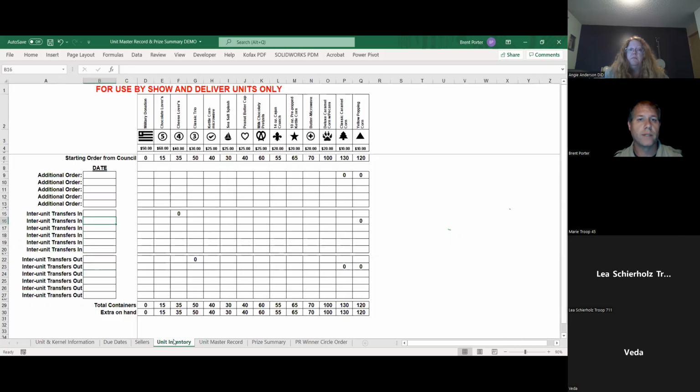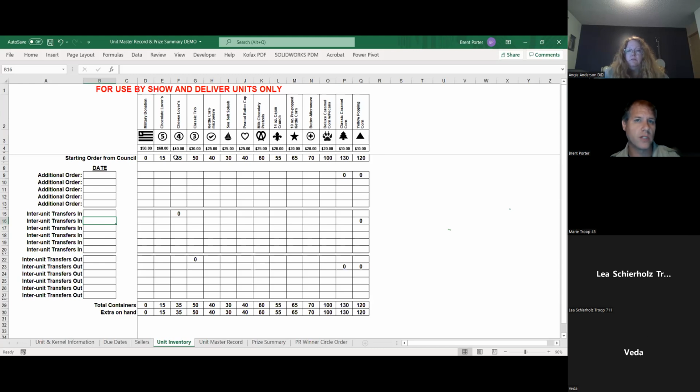So unit inventory. I've already populated some basic inventory stuff. Obviously, I'm not going to order any of the military donations. I don't order those until the very end. I threw in some numbers here. We'll work with these numbers just for demonstration purposes. We have all of our products across the top. You enter in what your order is based on what you physically got. When you came to pick up your popcorn, what did you physically get? You can enter in the order that you requested. That might change a little bit. So if you do it just to tinker with it, that's perfectly fine. But that may not be your final order.